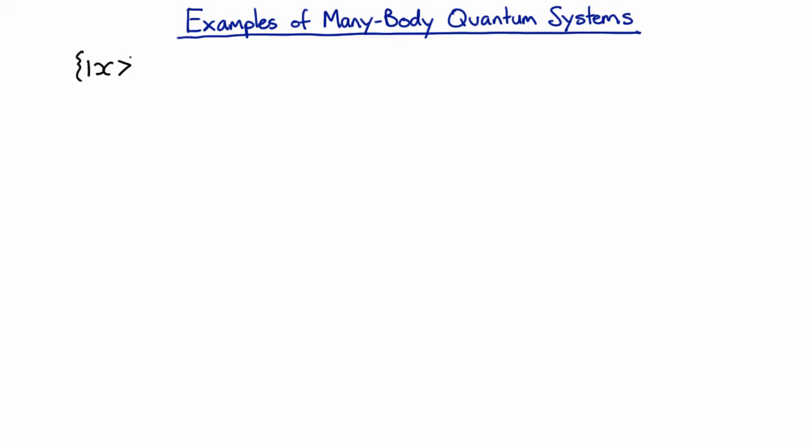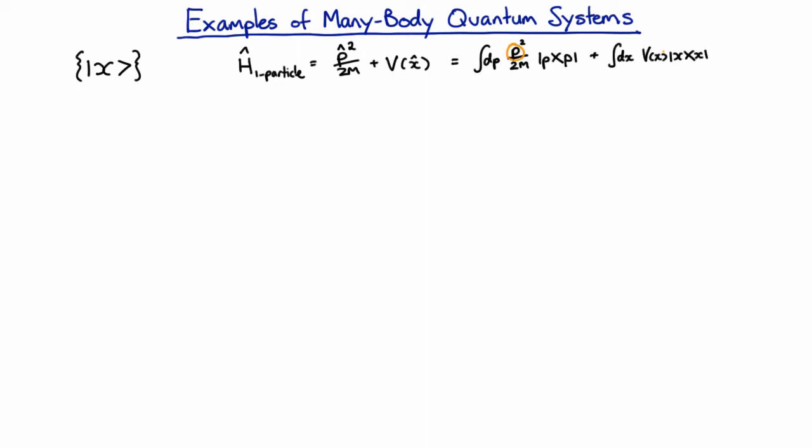So that's our set of basis states, and we'd have a Hamiltonian for a single particle, which is just the kinetic energy plus the potential energy. Now, if we wanted to consider many particles, then we might want to write this original Hamiltonian in terms of bras and kets, where now these p's and these x's are simply complex numbers because the operators are done in terms of bras and kets. And in that notation, it's very easy. We've seen how to translate to get the Hamiltonian for many particles,